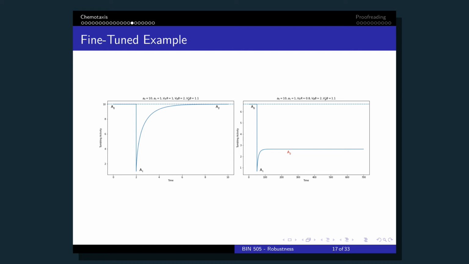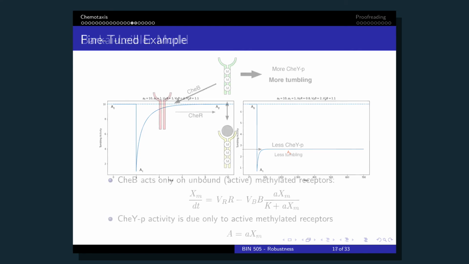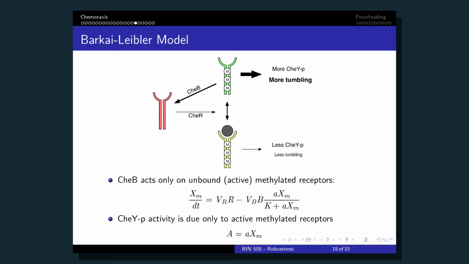So what happened was later on in the late 90s, a new model was introduced, the Barkai-Liebler model, which made kind of a theoretical assumption that the adaptation should be a function of something else, not necessarily the amount of methylation on the receptors, but it should be directly coupled to the activity. And they introduced the model by stipulating that, by the way, at this point it wasn't known experimentally that this was the case, or it wasn't shown structurally, but Barkai and Liebler essentially assumed